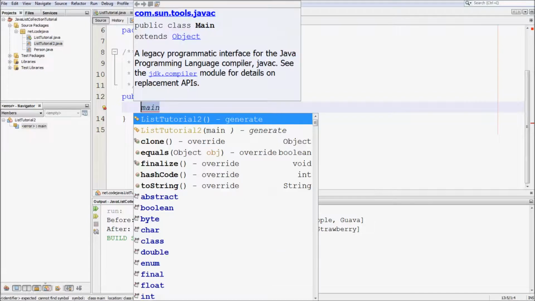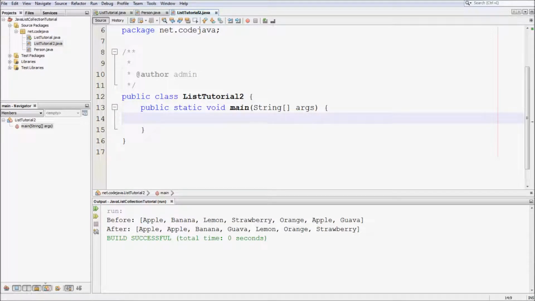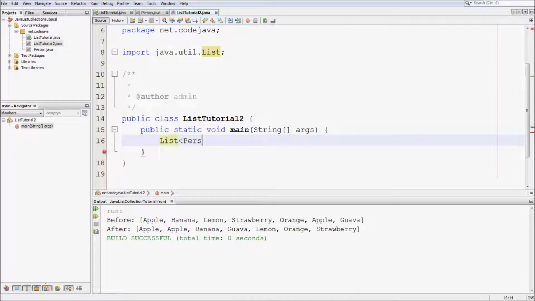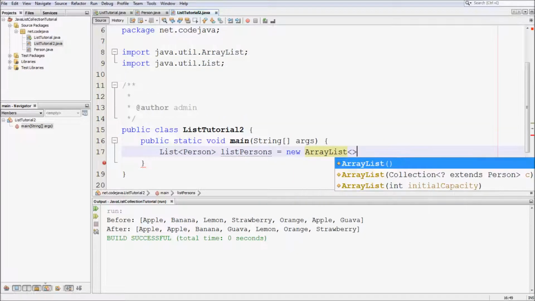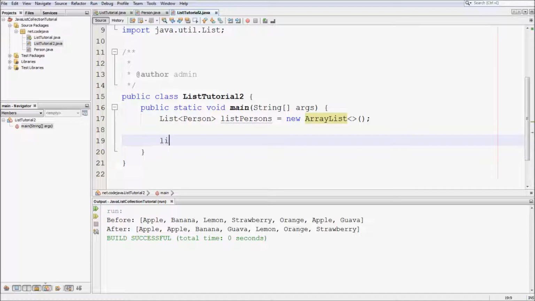We create a main method, public static void main, and here we create a collection that stores only elements of type Person. List<Person> persons equals new ArrayList. And now we add some persons to the list. Add new Person